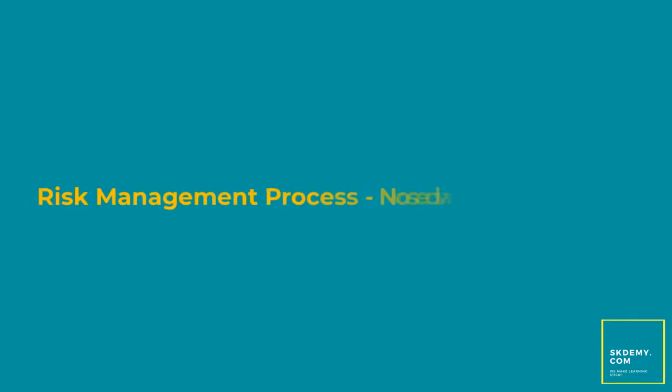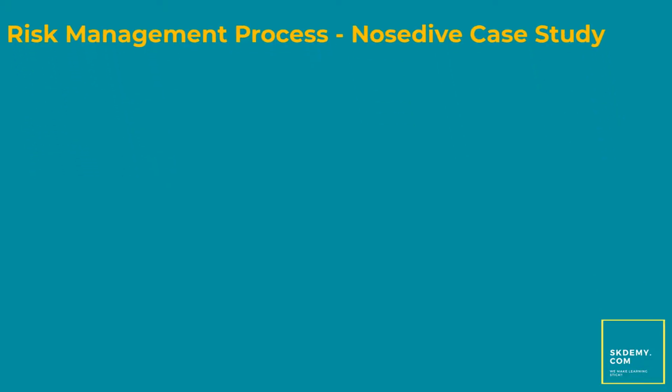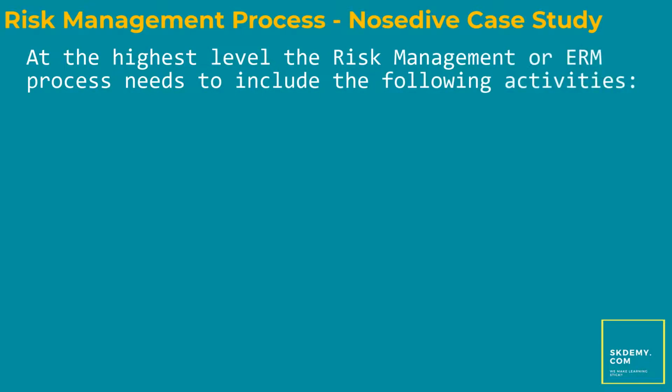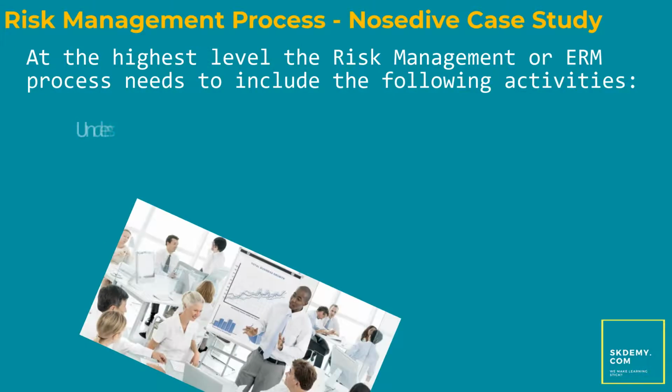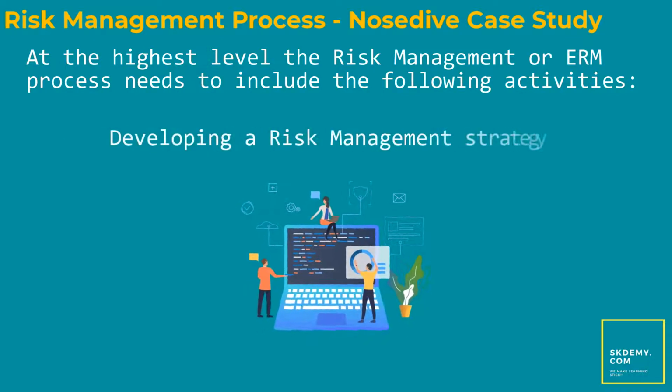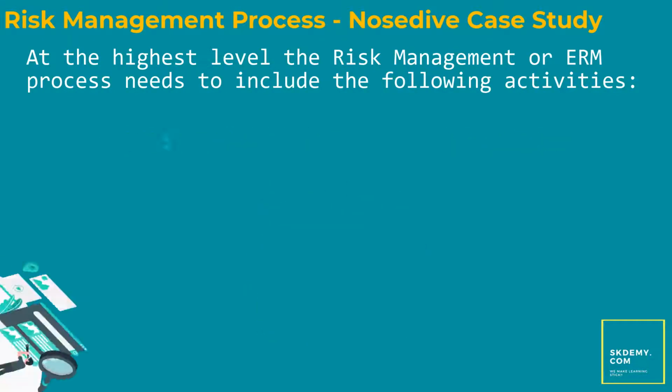Risk management process, Nosedive case study. At the highest level, the risk management or ERM process needs to include the following activities. It starts with understanding the organizational context, developing a risk management strategy, then identifying risks,